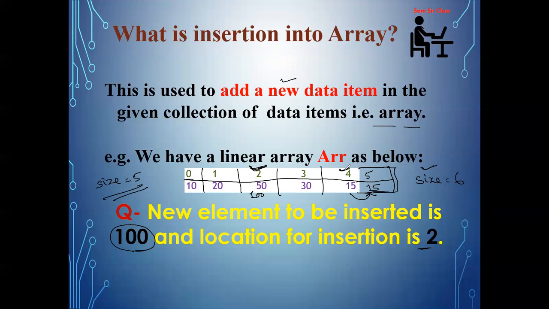Now after that I started from the fourth index, so if my total size is 6, I have to start from the fourth. So this is size minus 2. I'll start my processing from size minus 2. Okay, so first I shift 15 to the right. After that I'll come to the third position and shift 30 to the position of 15, so 30 will come here. After that I'll come to the second index and shift 50, so 50 will come here.